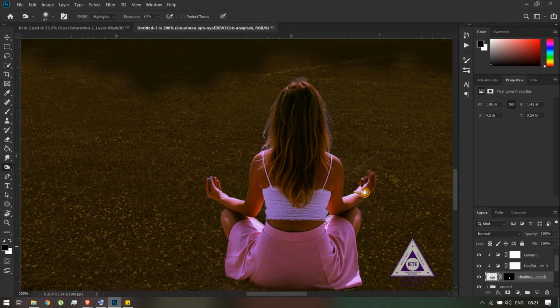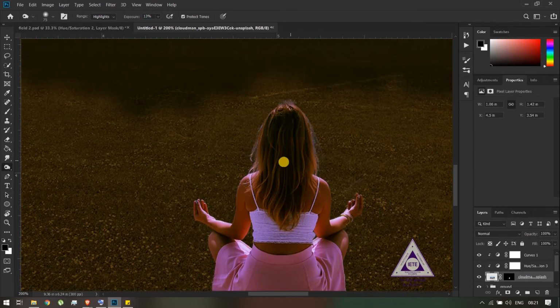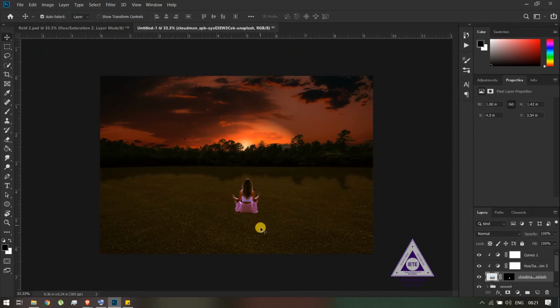And I'll be using the burn tool also to give a better effect. And yeah, so I think this looks good.